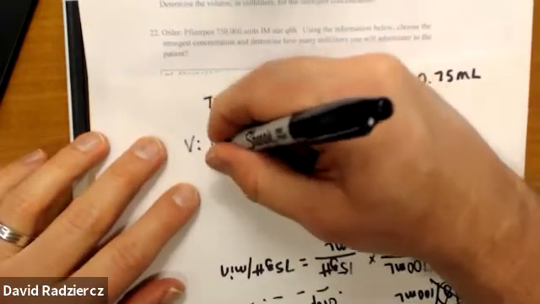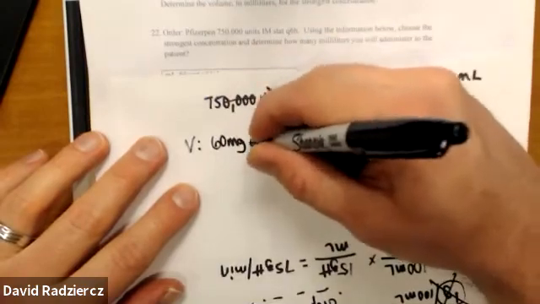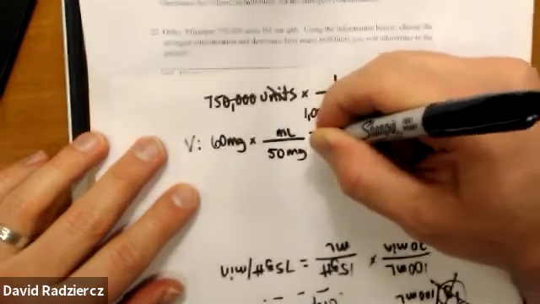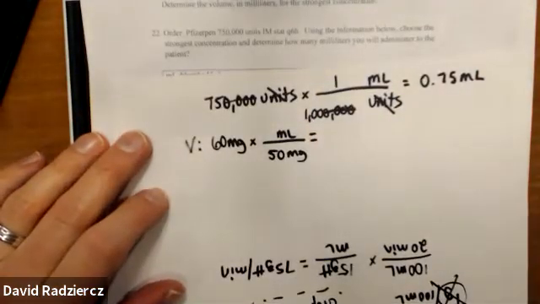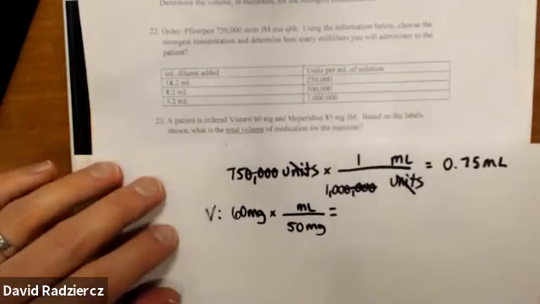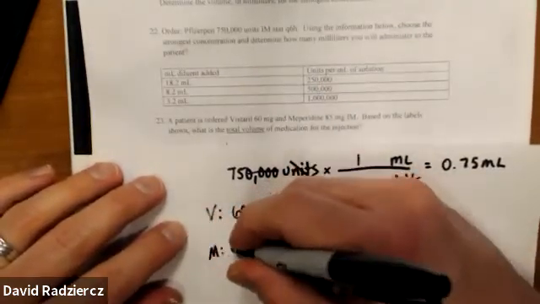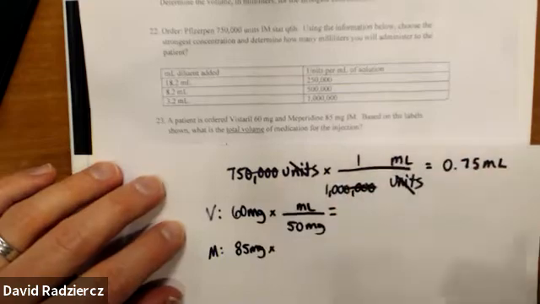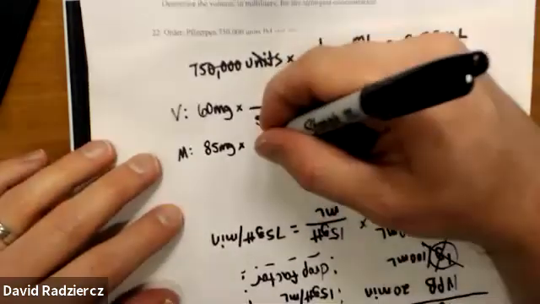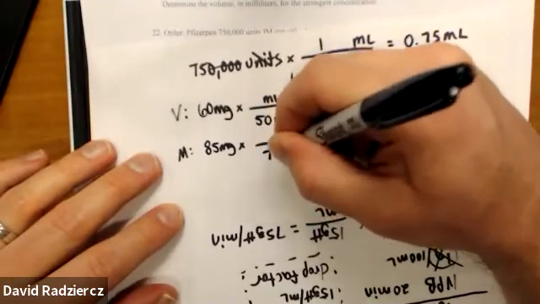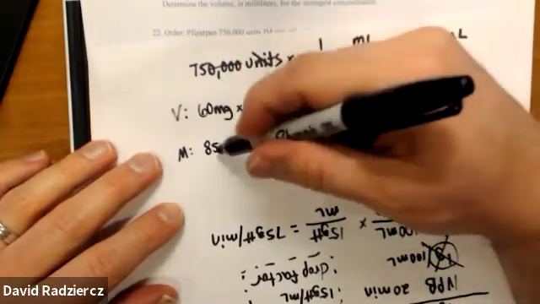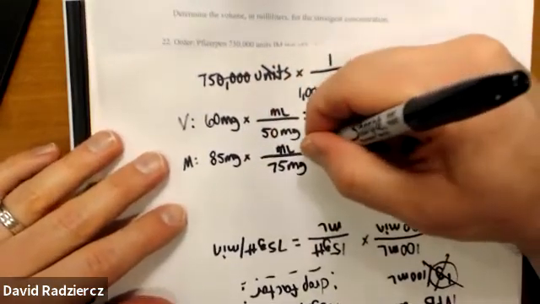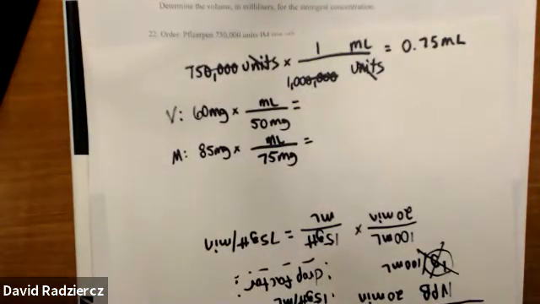And we'll say the order is 60 milligrams, I have available 50 milligrams per milliliter. Okay. So I'm just setting up the first part of it. The second one says the Meperidine is 85 milligrams is the order. And then available is 75 milligrams per milliliter. So I'm going to set it up the exact same way, 75 milligrams per milliliter. If you're writing the 75 underneath the 85 and the 50 underneath the 60, we're all doing the same thing, okay? So 60 divided by 50